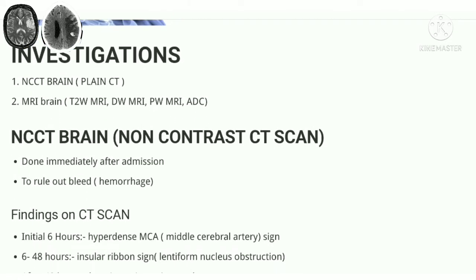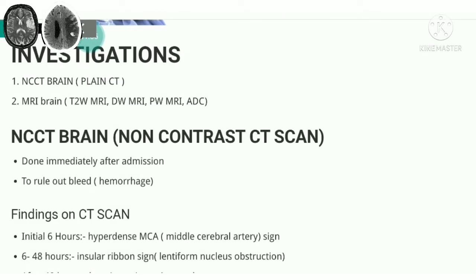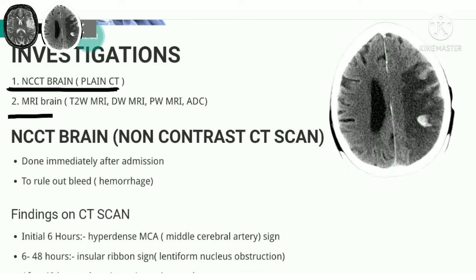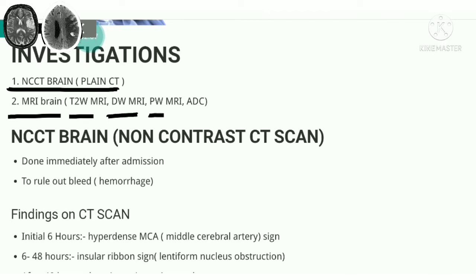Now, what are the investigations which are required for the diagnosis of CV stroke? There are mainly two investigations which are required. One is the NCCT brain and one is the MRI brain, which includes T2 weighted MRI, diffusion weighted MRI, perfusion weighted MRI, and ADC, apparent diffusion coefficient. Okay. Now,